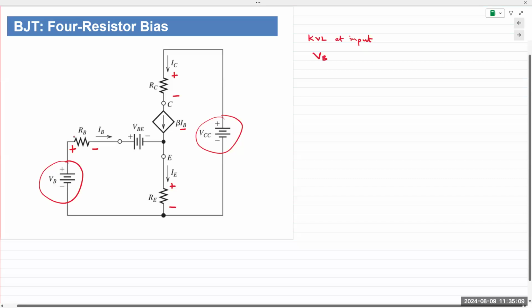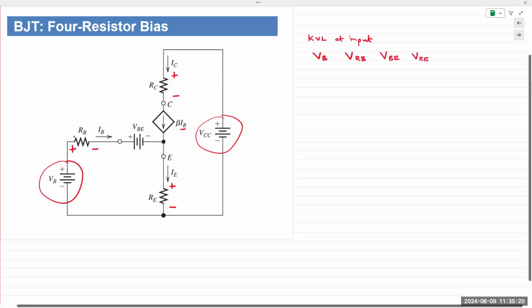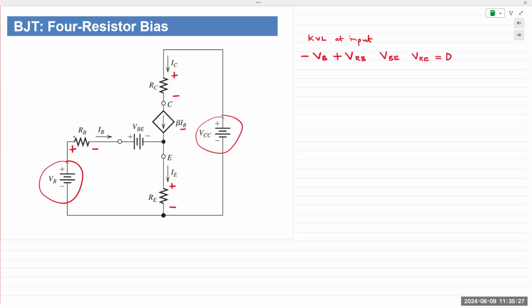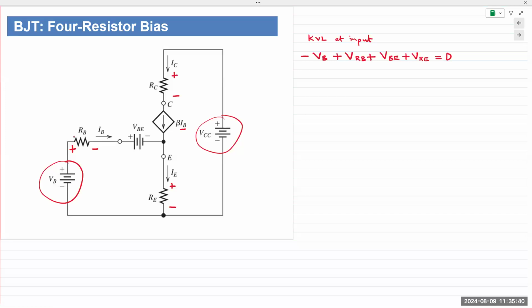VB, the base voltage, then VRB, voltage across the RB resistor, VBE, and VRE. VB is minus, VRB is plus, VBE is also plus, and VRE is also plus. That comes up to 0. If we substitute